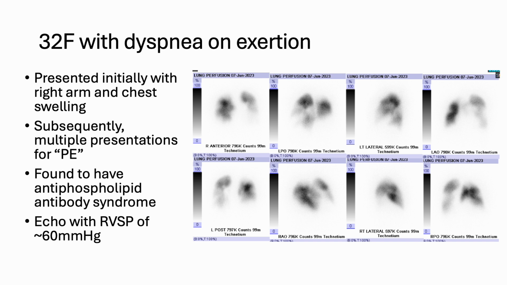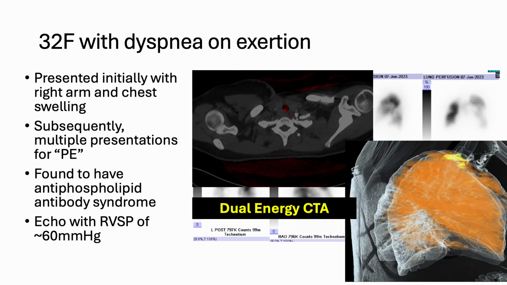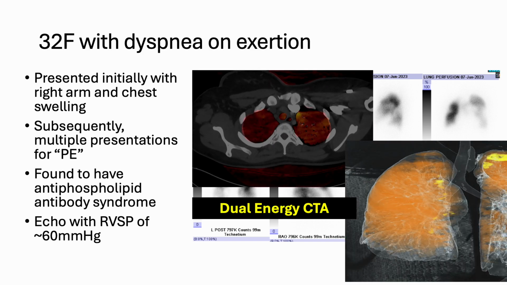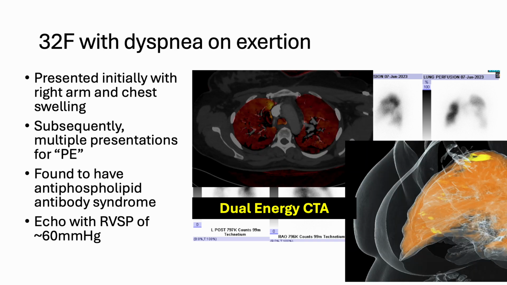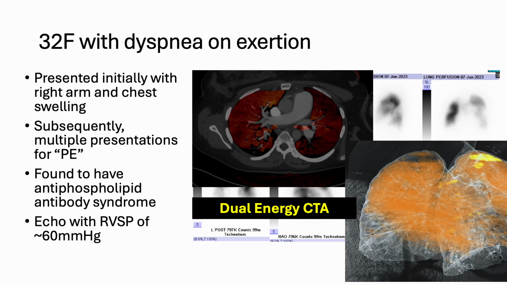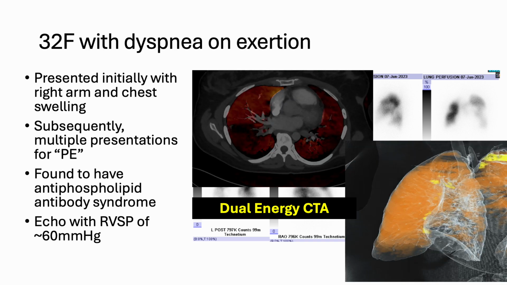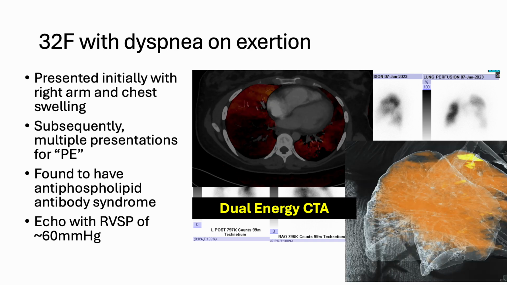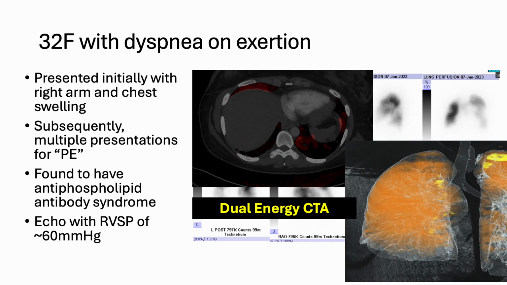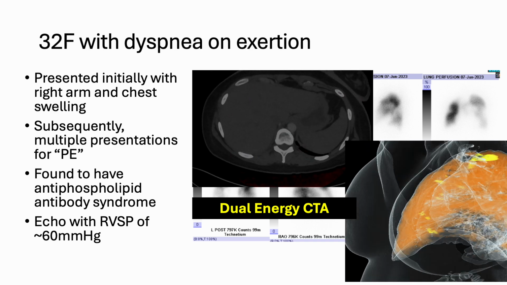This, of course, is her lung perfusion scan. You can see that classic moth-eaten appearance of reduced perfusion in multiple different segments and subsegments of both lungs. And of course, now we're finding this modern technology of dual energy CT really allows us to get a better and finer distinction of where those perfusion defects are relative to the anatomical pulmonary arterial anatomy. And this is the type of reconstruction that we can do that really helps us to hone in on our